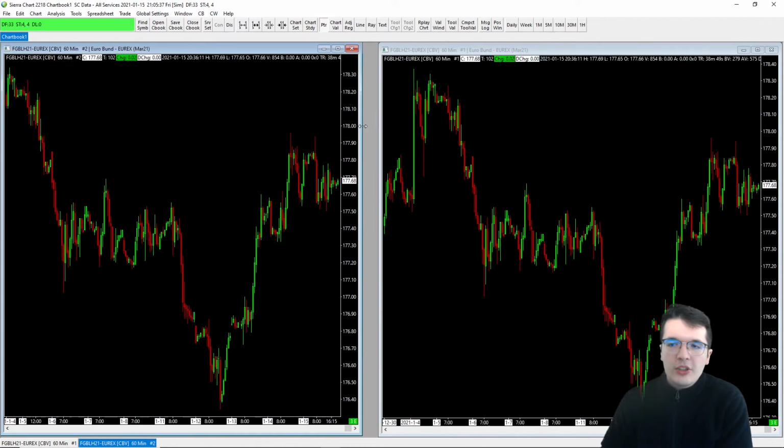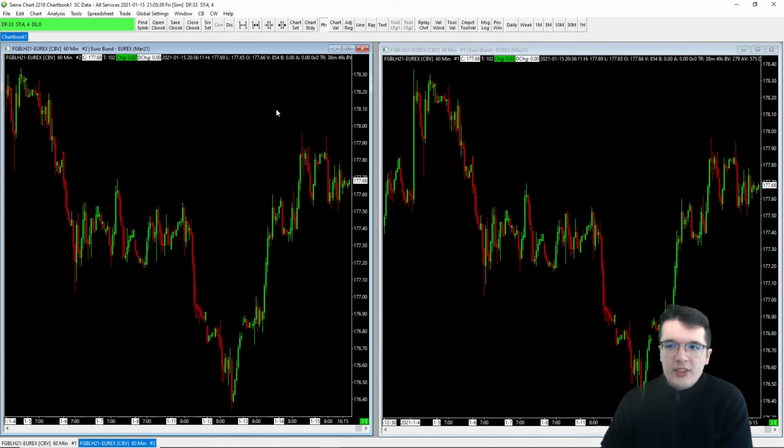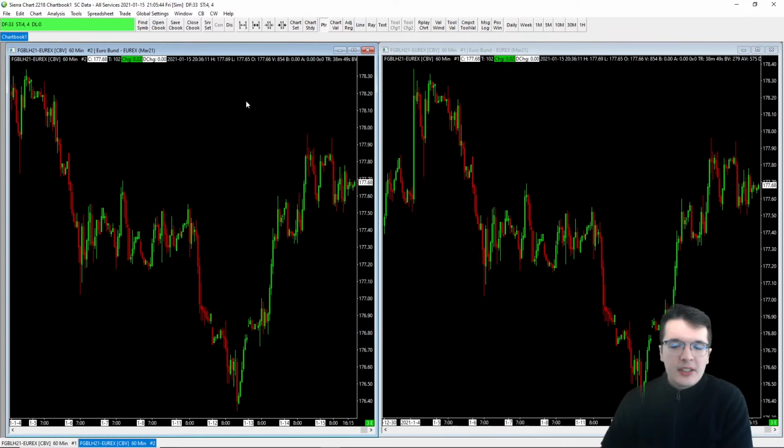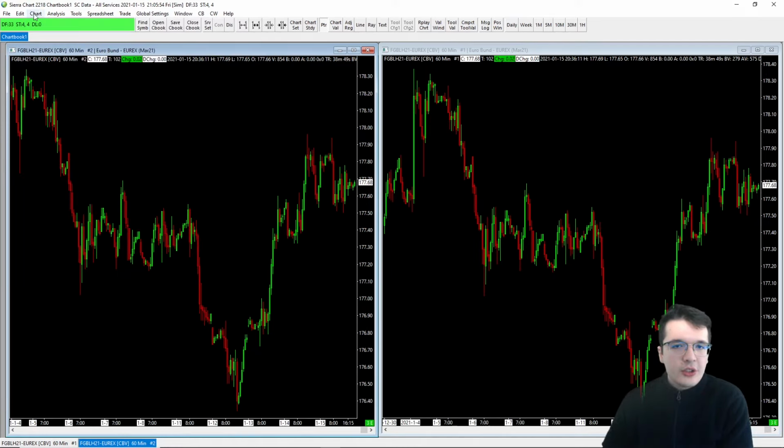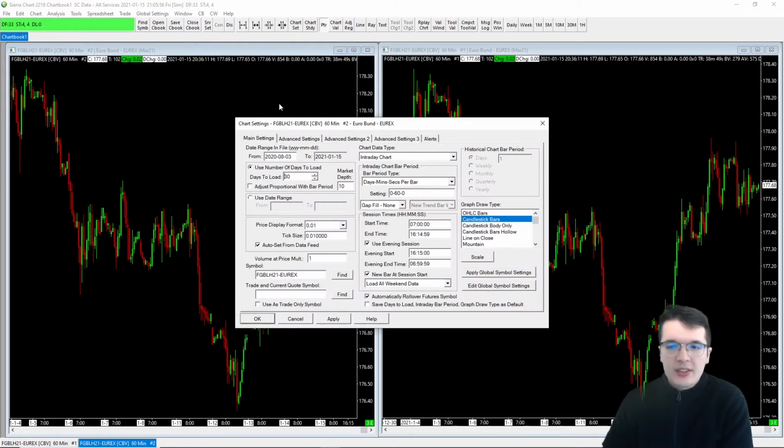Now, the reason I usually recommend this is because this will help in setting up your workspace extremely quickly and not worry so much about your default settings, because you've set one setting for one chart, and then you have to go to the other. And then what you can quickly do is click on the new chart, go to chart and then chart settings, and here